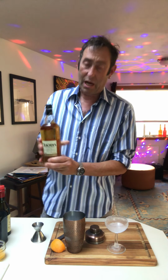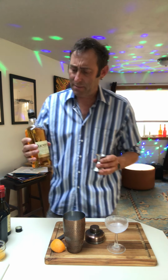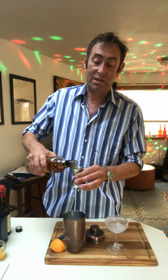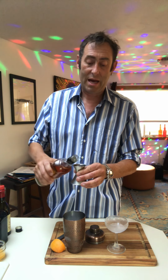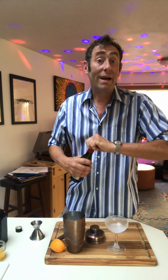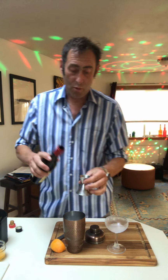It's a whiskey drink, and I'm going to use Teacher's as a blended. It's a blended Scotch whiskey drink, and it's very easy to remember. All the proportions are exactly the same. Teacher's, which my grandmother used to enjoy drinking, so this kind of makes sense in a family sort of way as well. We have 1 ounce of that. And then it's going to be 1 ounce of sweet vermouth,